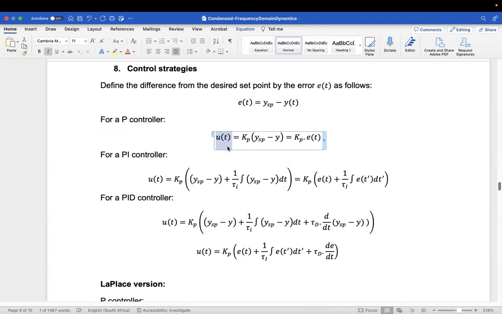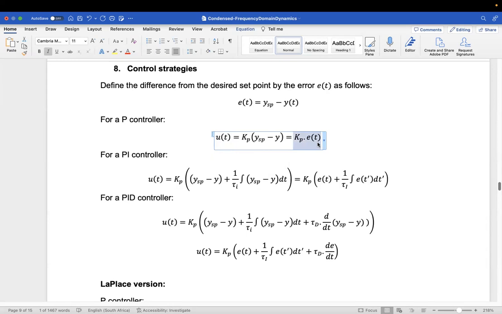And we are saying here that the amount by which we change the flow rate is related to the amount of the error. And so if there's a small error, then we don't need to take as much control action. If there's a larger error, then we try to take more control action. So that's the case of a proportional controller. So we say the control action is proportional to this difference,